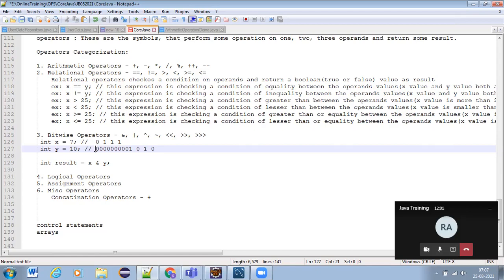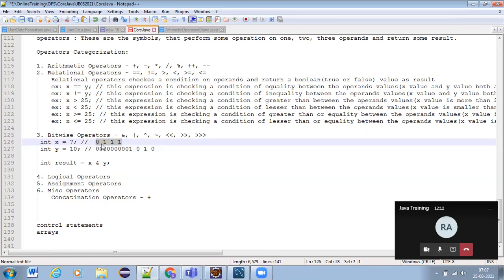So when it is a positive value, only 31 bits are taken into consideration for the magnitude, and the leftmost bit is for the sign, whether it is a positive or a negative value. The remaining 31 bits will be filled with ones and zeros from right to left, and after storing the magnitude of the value of the variable, all the remaining bits will be filled with zeros, right?